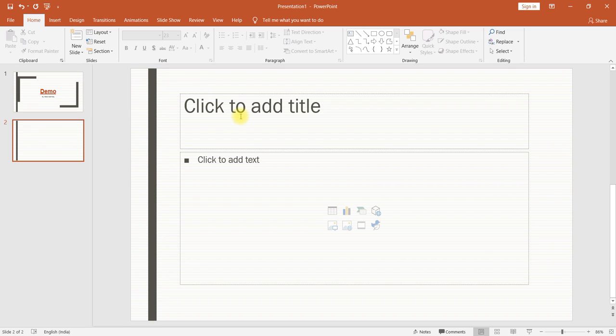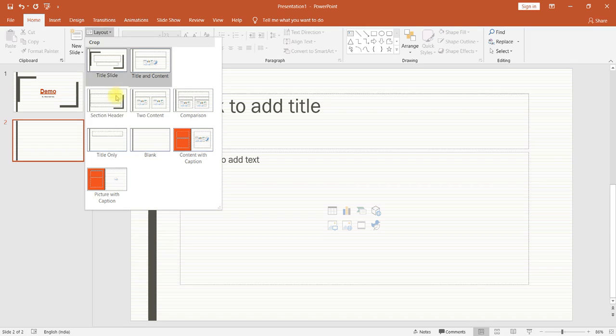In the new slide, if you would like to change the layout, for example, I have inserted a new slide but I don't want this layout. I would like to have two columns for a comparison. Then we can go to layouts here and select two content, like this.